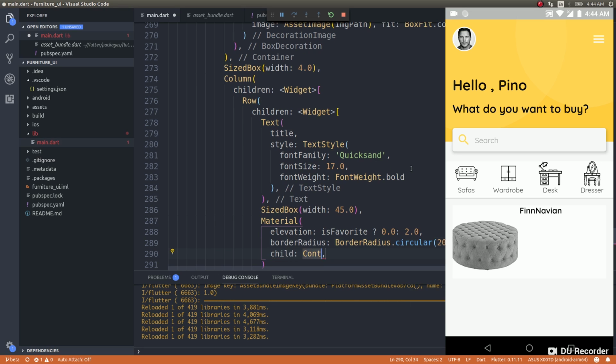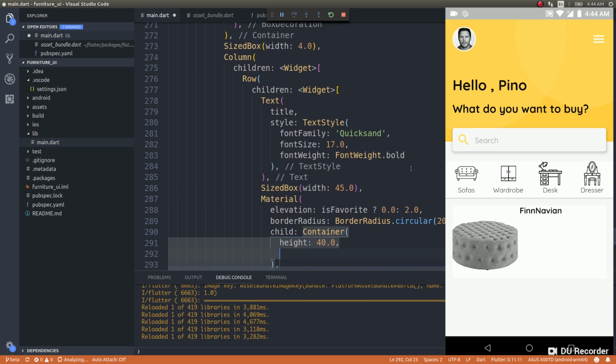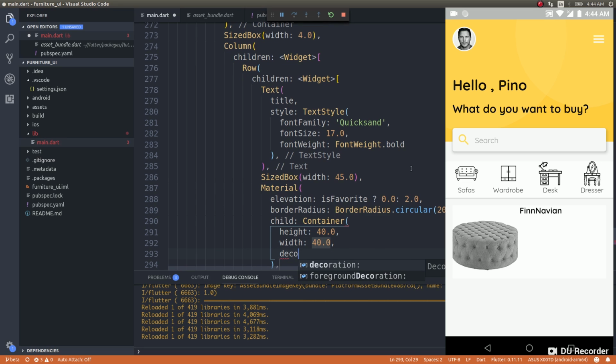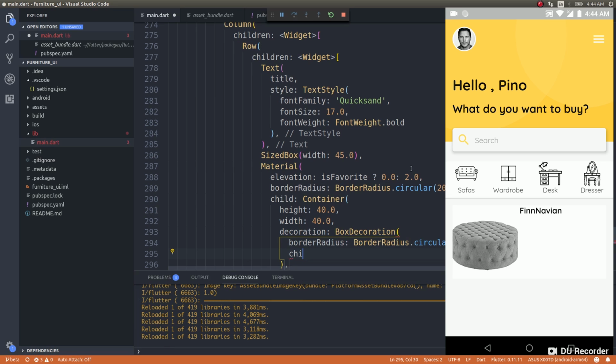Child container, probably you should wrap this with an InkWell when you write it for your production applications, with 40.0, and decoration BoxDecoration, borderRadius.circular 20.0, and child